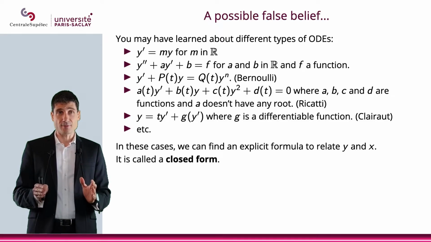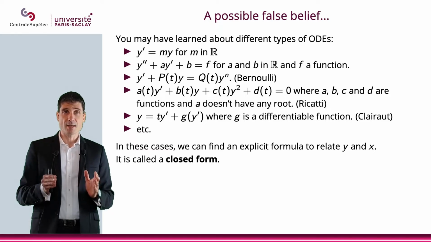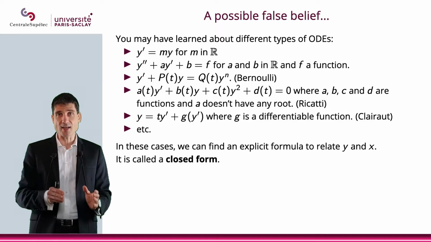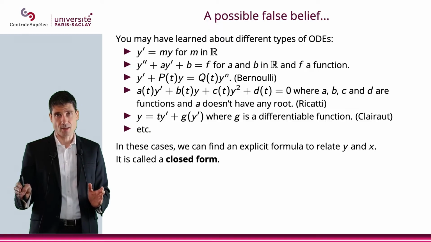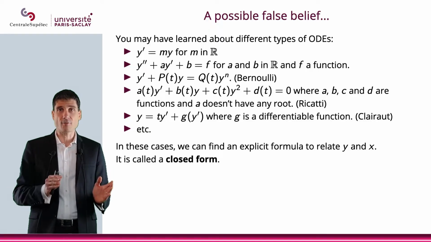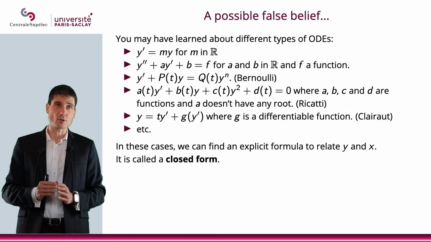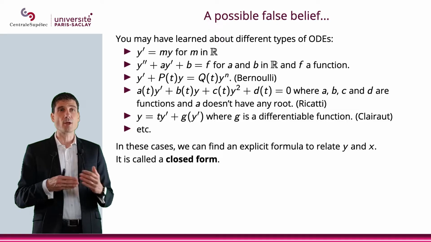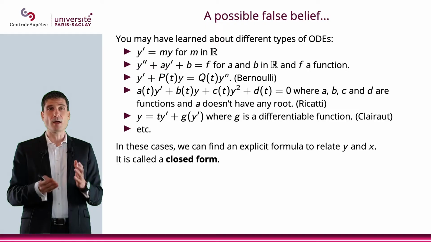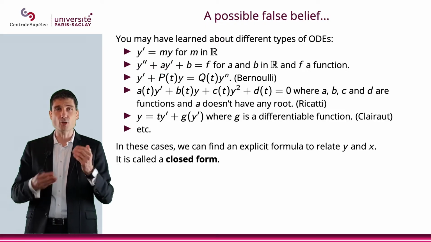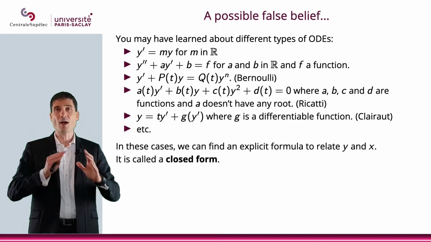The false belief is that solving an ODE is basically finding y of t equals something with respect to t. I mean, you've seen a lot of different ODEs in the past. Well, y prime equals my, which is obviously extremely simple to solve. Y second plus a y prime plus b y equals f. Then you also have y prime plus p of t times y equals q of t times y to the power n. That's called the Bernoulli. And then you have the Riccati, and then the Clairaut, and then you have a bunch